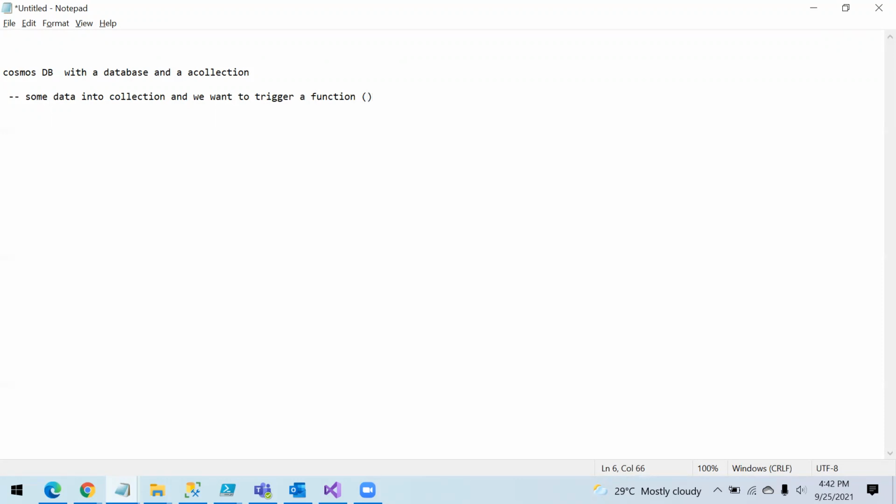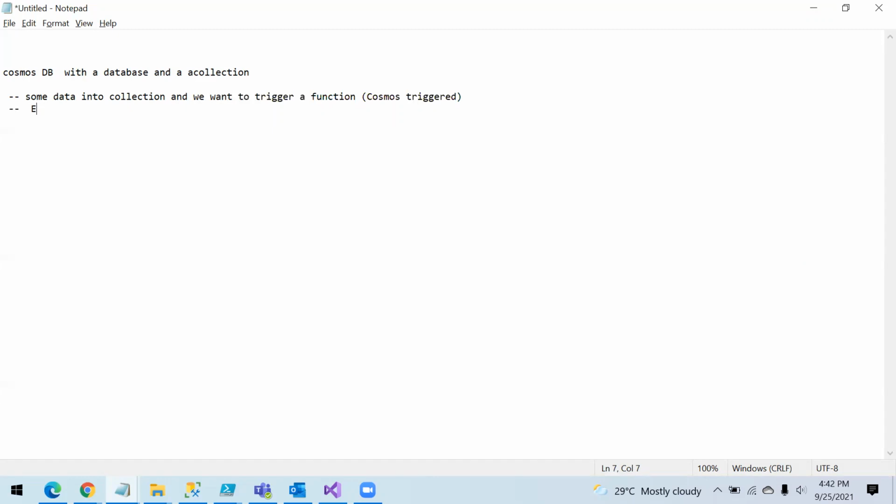So this function will be a Cosmos triggered function. Inside this Cosmos triggered function, we're going to do some kind of logic, or else I will just try to publish this data, or else we just write it to console, and we will publish this data to Event Hub.